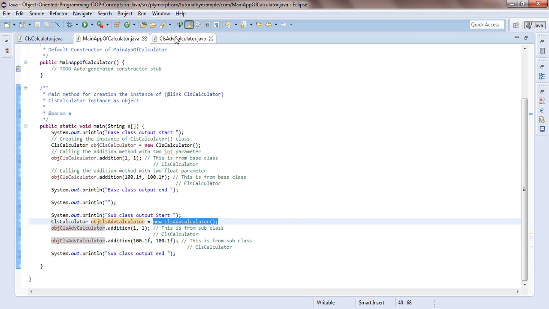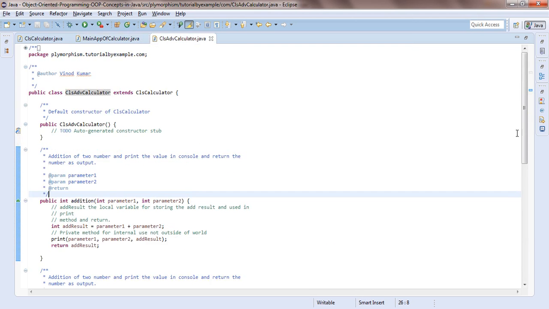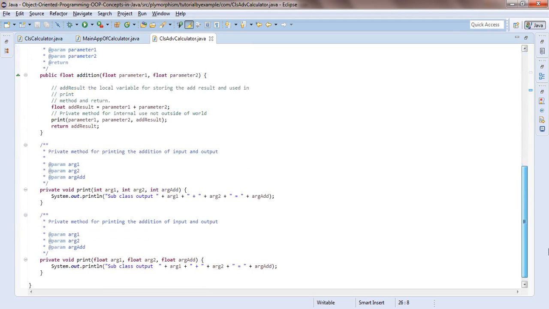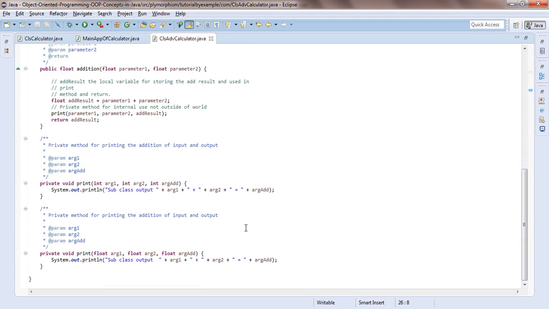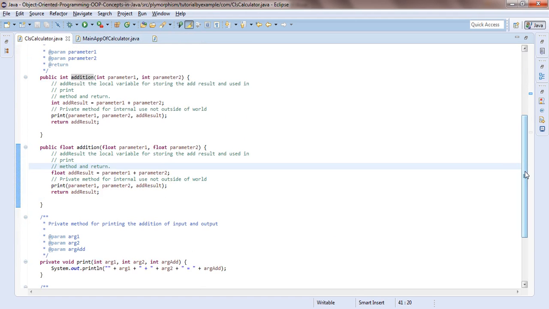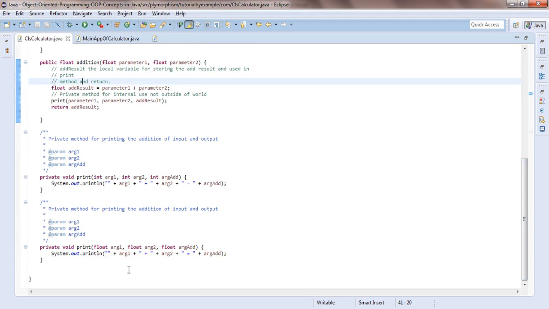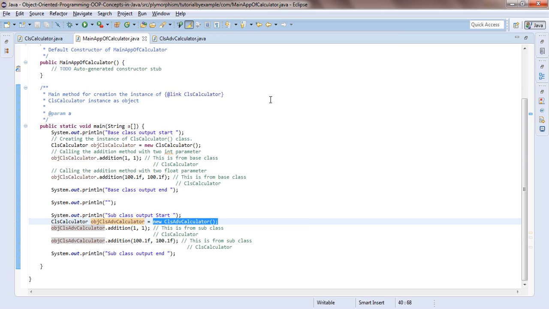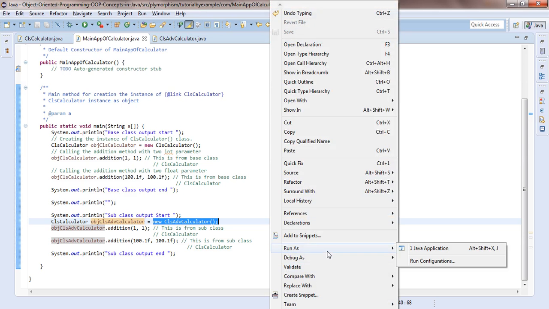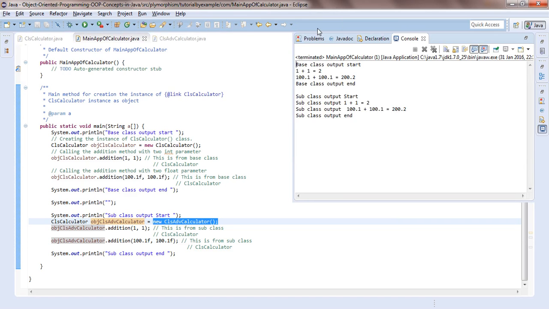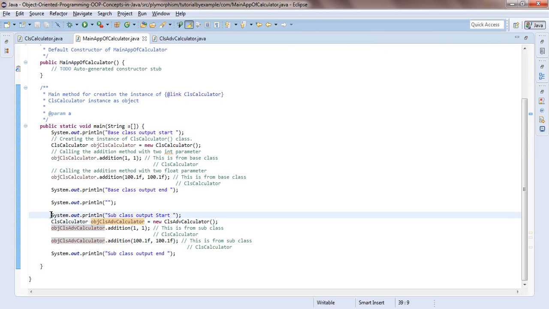So in this we have just mentioned something additional in print, which is nothing but I have added the system output "subclass output" in a float, which is not there in the parent class; it is only printing the argument and its value. If I run this class now with the overriding concept, we'll see first it's printed for the base class method, and the second one, which is the highlighted one, is printing